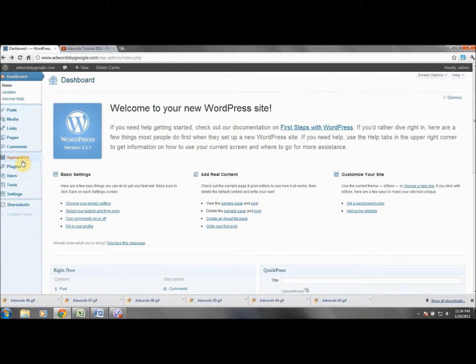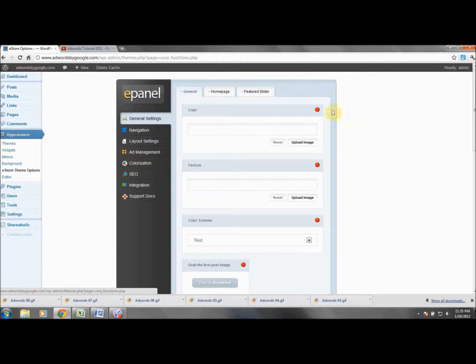So what we're going to do is go to Appearance. We're going to go to eTheme Store Options. So I think the good news is that most of the new WordPress themes that are coming out,